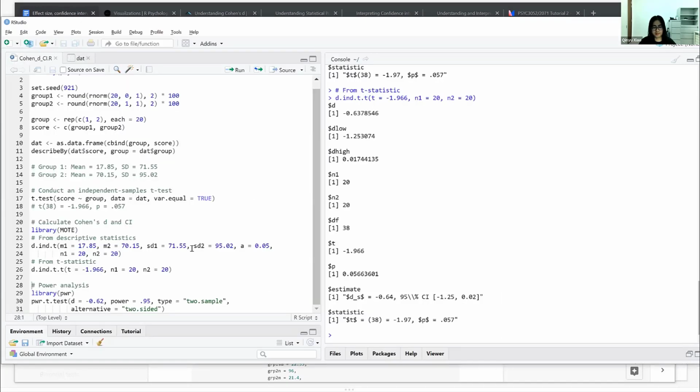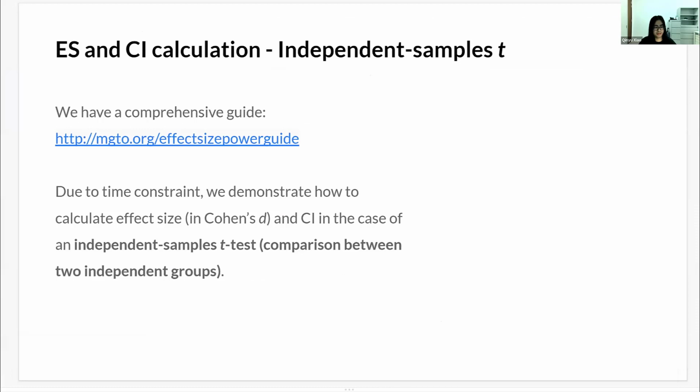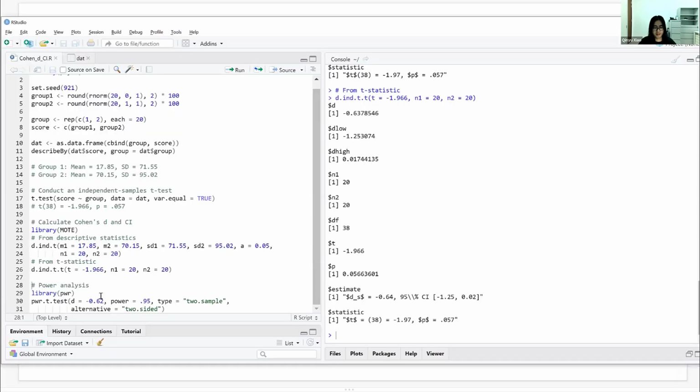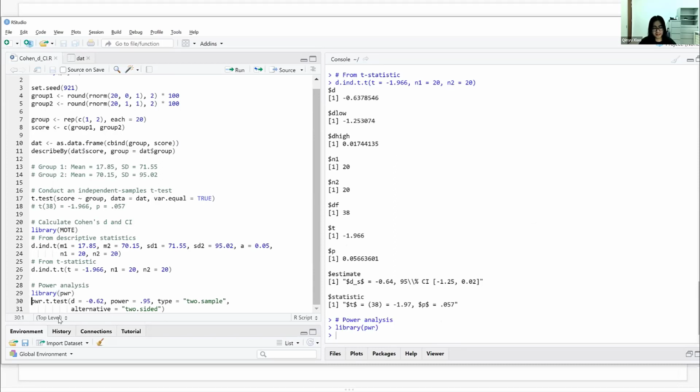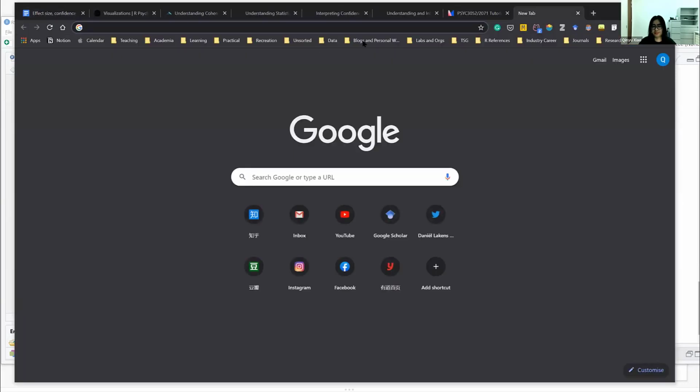Suppose now we have the effect size calculated, and we have the confidence interval calculated, and now we are going to do a power analysis. How to do power analysis for an independent samples t-test? So again, with R, we have this package called pwr. First we load it, and there's a function called pwr.t.test. This package is useful in the sense that